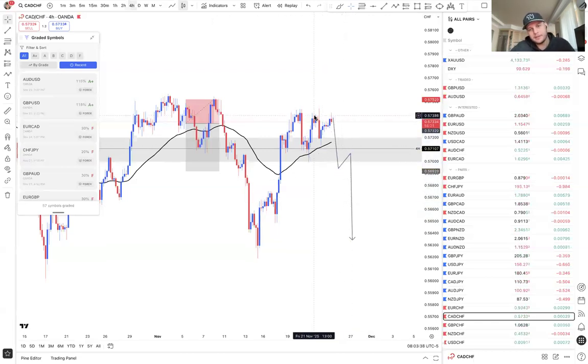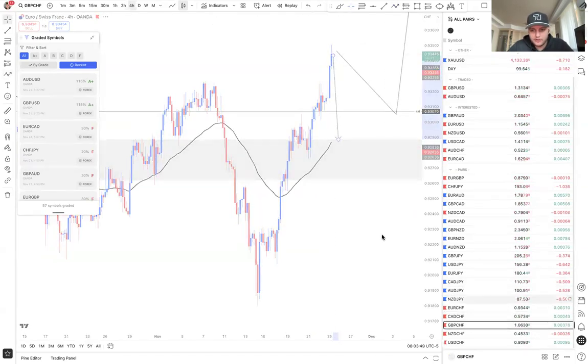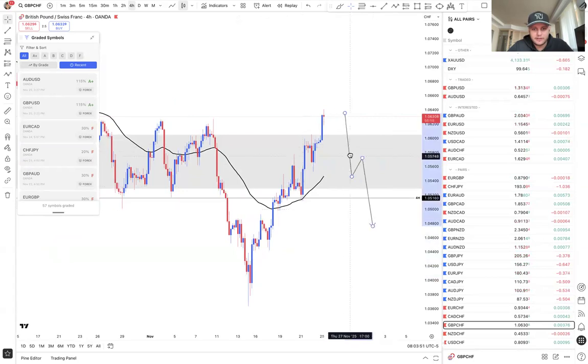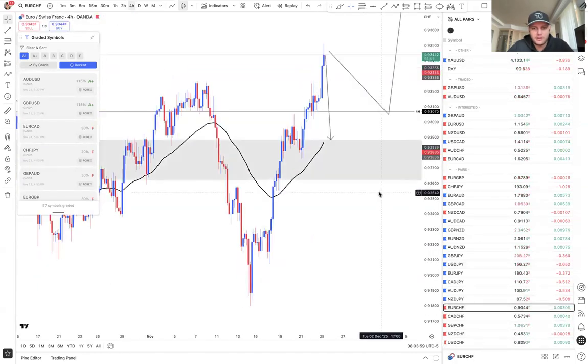But yeah, basically, if we get strong selling across all CHF pairs, for example, here we find ourselves down here, and then on GBP CHF, same thing. We find ourselves doing this. Then we'll actually be ready to hop into sells on NZD CHF, on